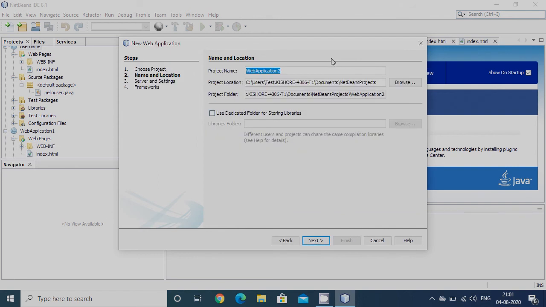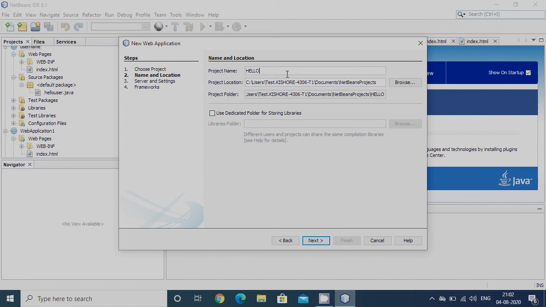Press the Next button here. Here you have to give the name for your project. Since I am willing to print welcome through this program, I am giving the name as hello web.